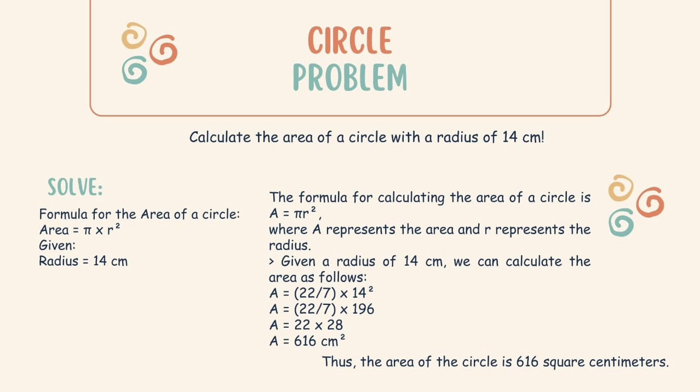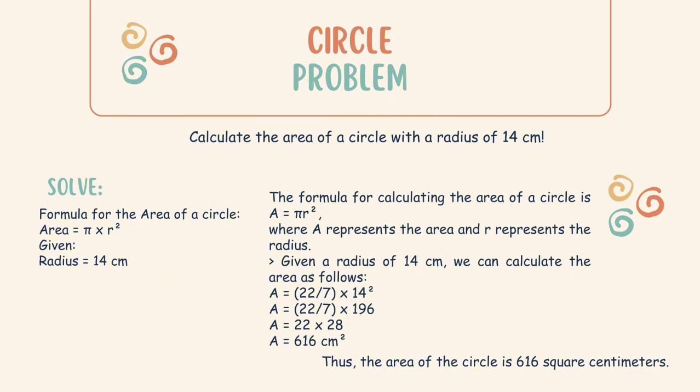Because the question gives a radius of 14 centimeters, we can calculate the area as follows. A equals 22 over 7 times 14 squared, where 14 squared is